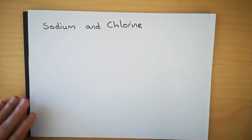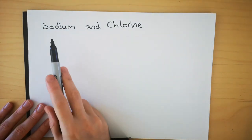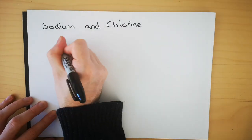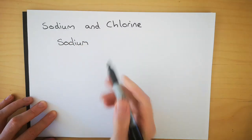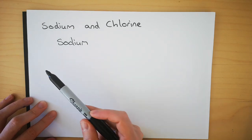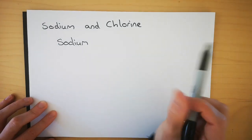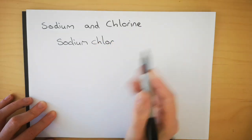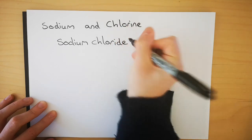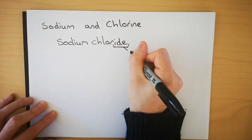Okay, so first example is we are going to get an ionic bond forming between sodium and chlorine. That's because this is a metal and this is a non-metal. Now, the name for this is going to start with sodium because that is closer to the top left-hand corner of the periodic table than chlorine. And so sodium comes first, chlorine comes second. Now, I'm going to stop there and I'm going to change this to ide. So sodium chloride, that ide really just means that